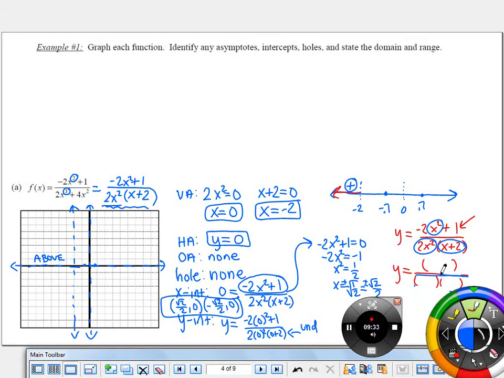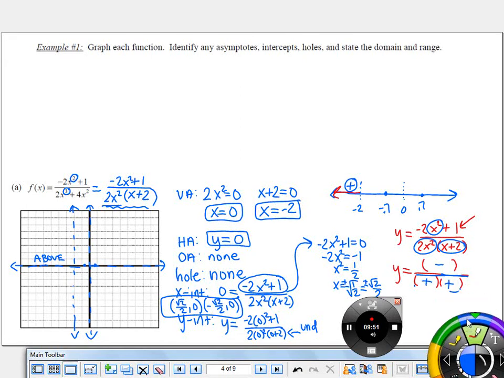Okay, so for a number between negative 2 and negative 0.7, maybe I would do something like negative 1. If I plug negative 1 into the numerator, I'm going to get a negative. If I plug it into the first factor of the denominator, it turns positive, and the second factor is also positive. A positive times a positive is positive, and a negative divided by a positive is going to be negative. So that means in this area here, I expect my graph to be below, just between the asymptote and